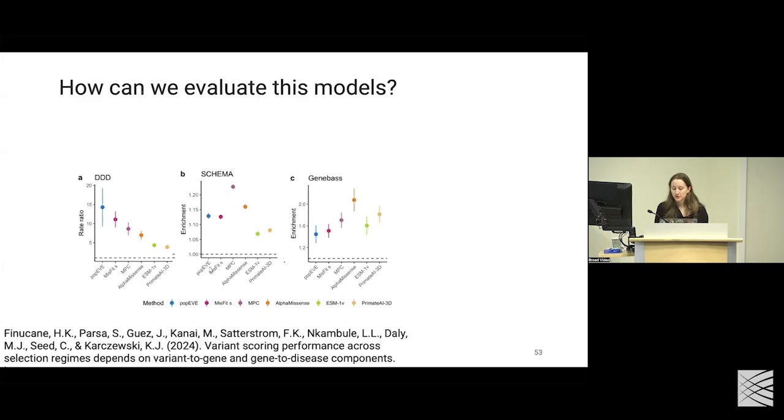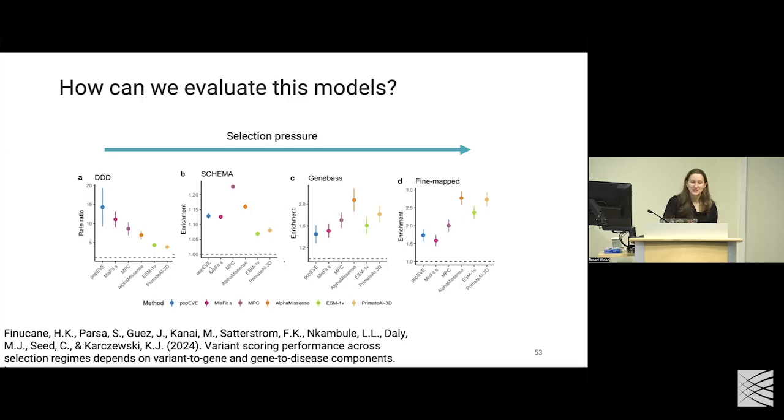So in this next one, they're looking at common disease variants, which are under weaker selection. They're looking at rare and common variants associated with various phenotypes in different biobank data, like UK Biobank, N-Gen, etc. And in this last one, they're looking at fine-mapped variants. So they're looking at population genetics validation data using newly observed variants in the new gnomAD v4 data, but not in earlier versions of gnomAD, to independently assess both gene-level and variant-level prediction performance. Maybe I should have had that at the beginning. But anyway, that's the selection pressure.